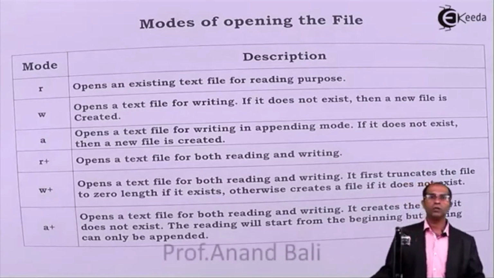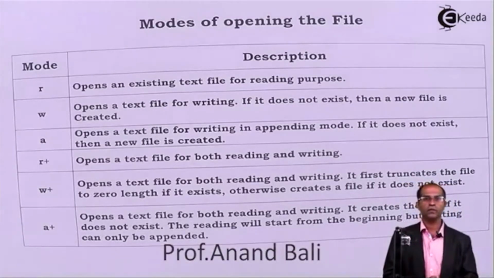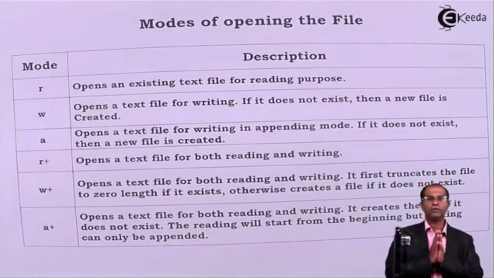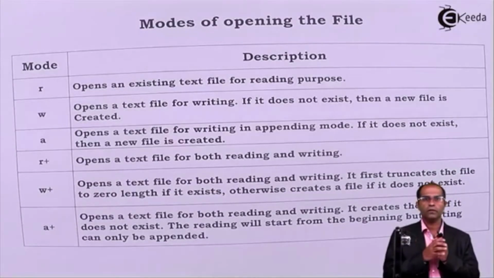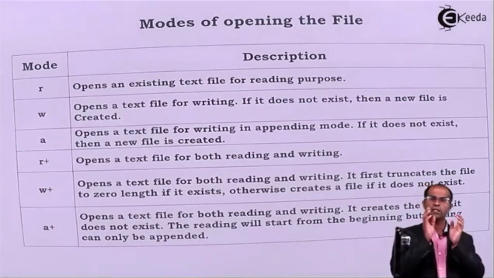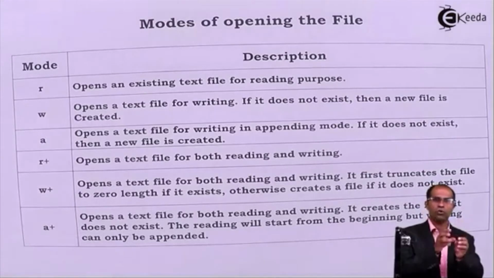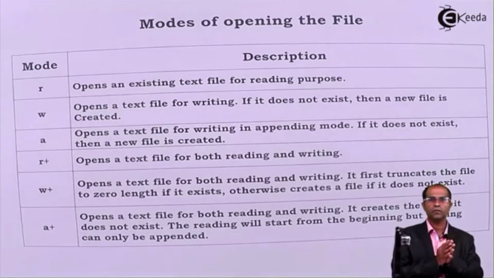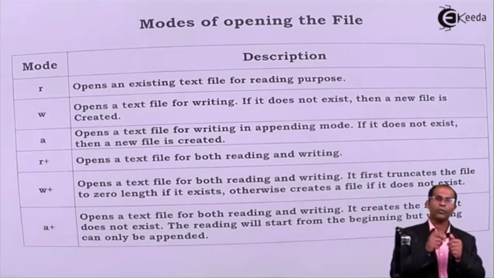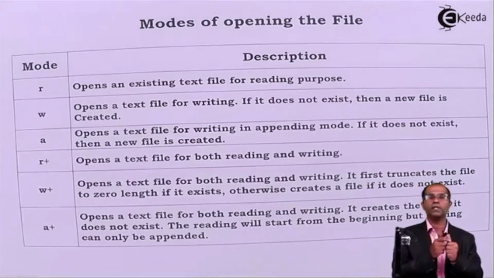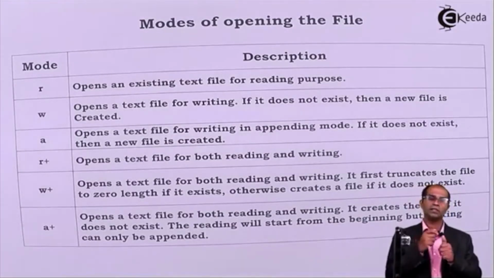Deal with the different modes of opening a file. In the previous video, we have seen how this file can be opened. We have concluded that we would use a function called fopen. And this fopen will always take two parameters. One is the name of the file, which is there on your disk. But what operations you are going to perform on this particular file will help us to understand this particular mode.